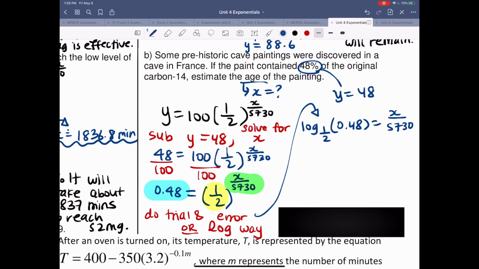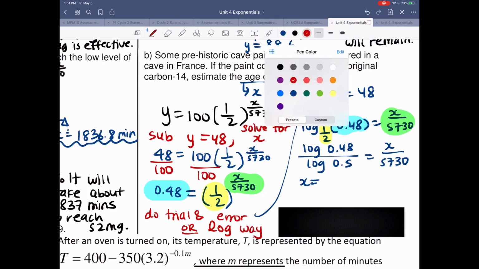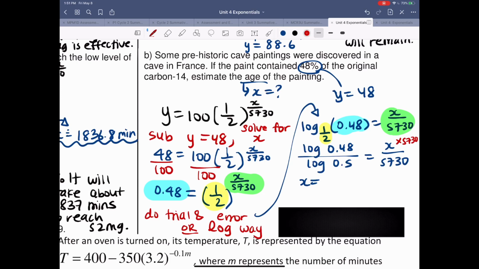Not done yet. I have to do one more step. I'm going to rewrite it like log 0.48. That part is going to be part of the numerator. The base part is going to be part of the denominator. And I have x over 5,730. I will get x is equal to, do log 0.48 divided by log 0.5, times 5,730 on both sides, and you will get x is approximately equal to